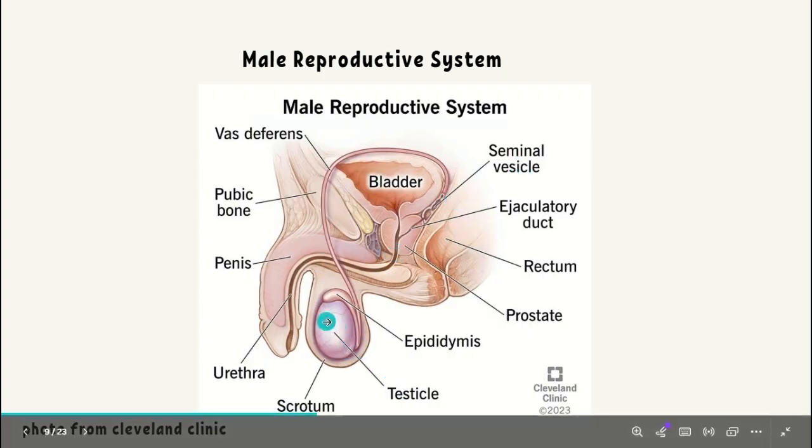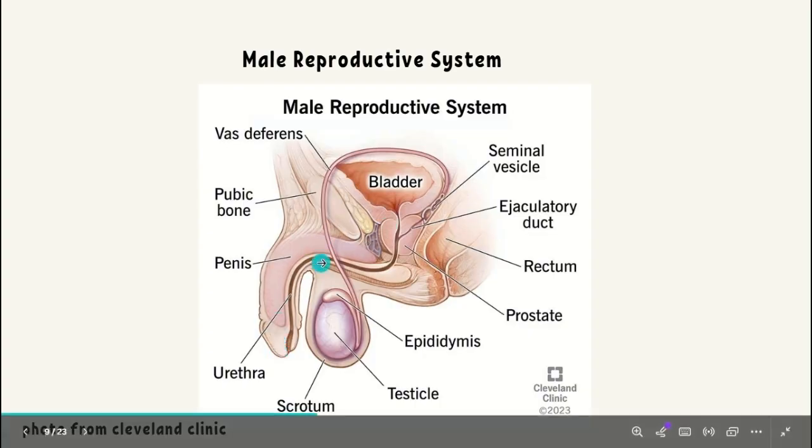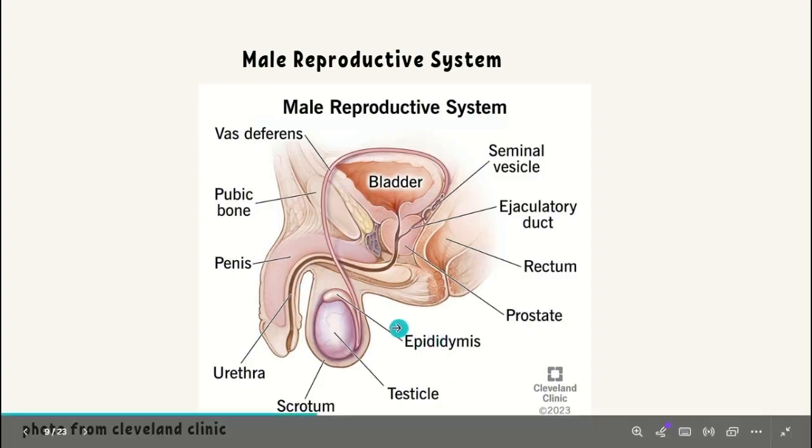Then you have the testes. So basically, it's located within the scrotum, as we can all see right here. This is the scrotum, and it's basically responsible for producing sperm and the male hormone testosterone. So the sperm is produced, and the vas deferens transports it to the seminal vesicle. Seminal vesicle makes the semen, right? So we already get that far. And then urethra here is what carries urine and semen out of the body, right? And then the epididymis,